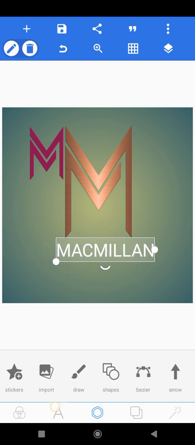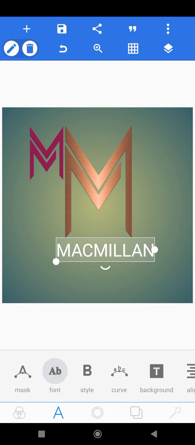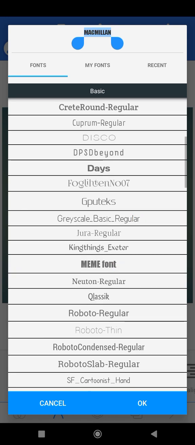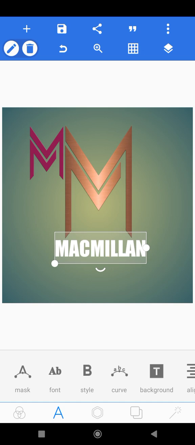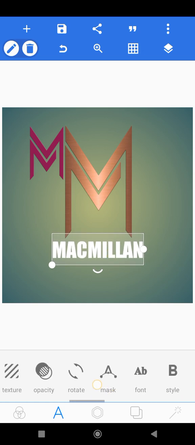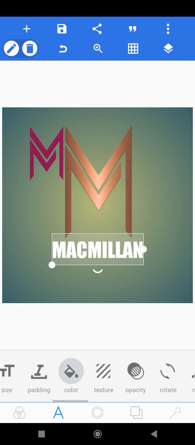Then we can just check for the font. What kind of font are we using? Let's use this. And this is okay. So after that you can just go over and then bring a color, put a color